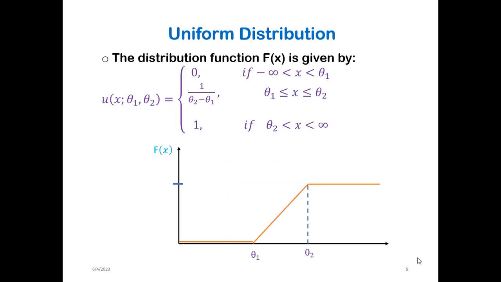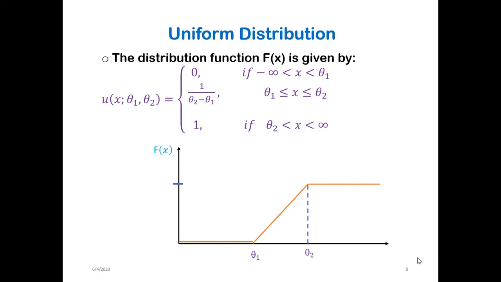Now, if you refer back to the previous slide, we've been given the interval from theta 1 up to theta 2. Now, what's happened if you think of the interval from negative infinity up to theta 1 and the interval from theta 2 to positive infinity. Okay, it means